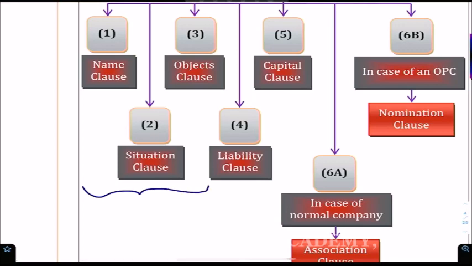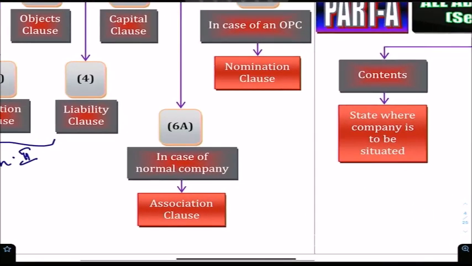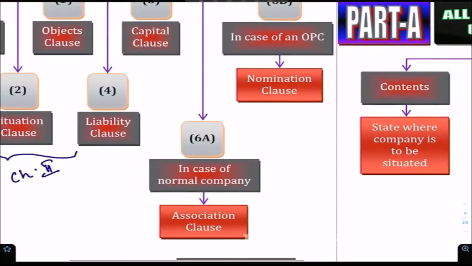First, listen carefully. These 3 will be covered in chapter 2. Liability and association clause, anyway, only one line discussion in this chapter. Capital clause will be discussed in chapter number 4. What is chapter number 4? Share capital. In that chapter, we will be looking at the concept called capital clause, because it is very, very big one. Therefore, they made it a separate chapter in itself. The name of the chapter is share capital. In that chapter, we will be discussing the ins and outs regarding the capital clause of a memorandum. Clear, everyone in the class? This is the idea behind.